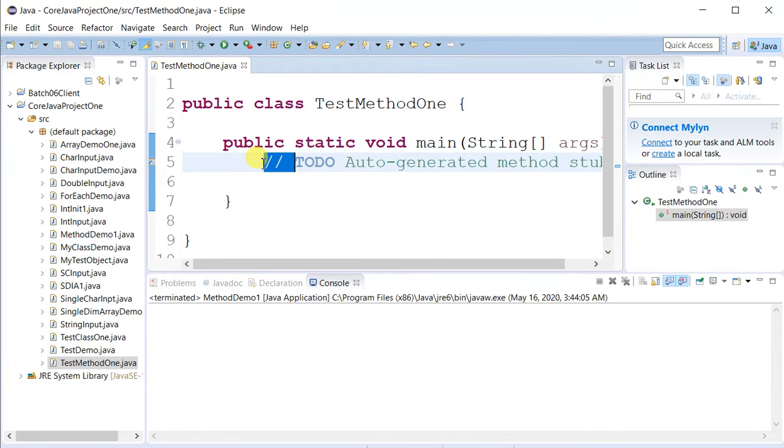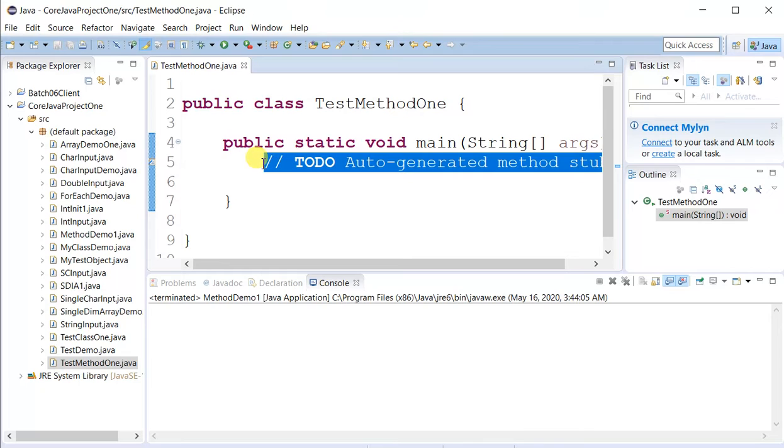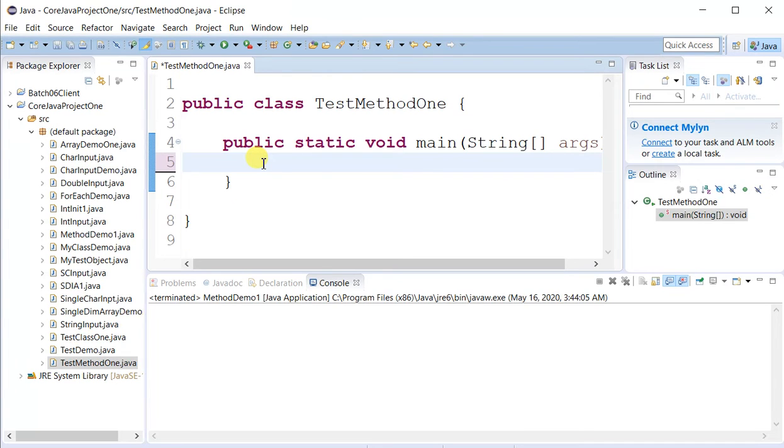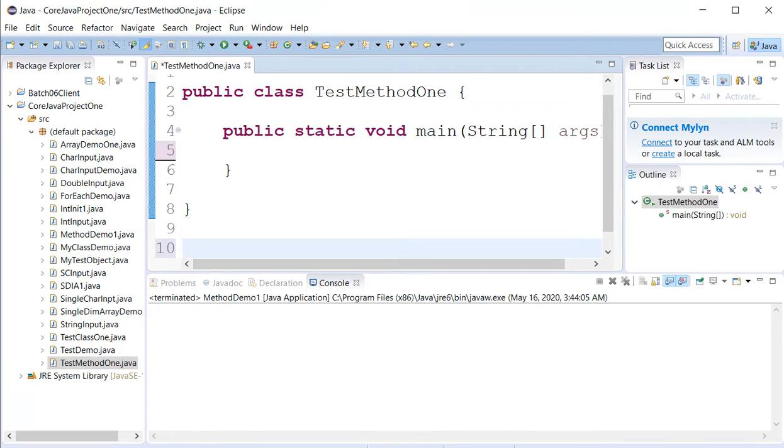If I want to see, there are again two segregations. The method can be system defined, or the method can be user defined. If I want to define my own method in my own way, it will be treated as a user defined method.